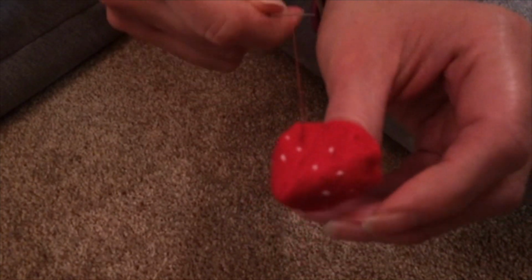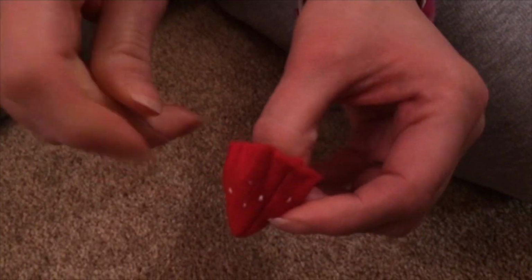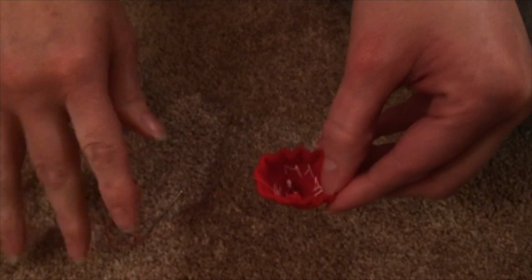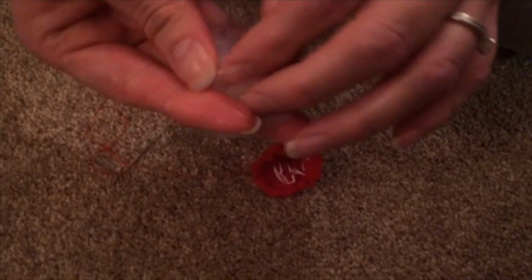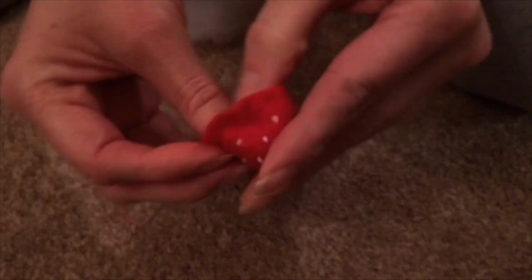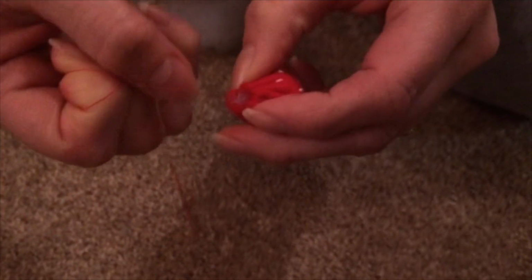And as you can see, you can then pull it up and you can start seeing the shape coming, but before we do pull it up, we need to add a little bit of stuffing in the centre. So need a little bit of stuffing. You won't need much. Put that inside, like so, and then you can gather up your top, like that,